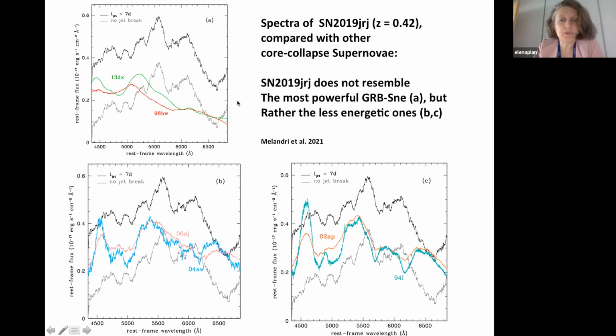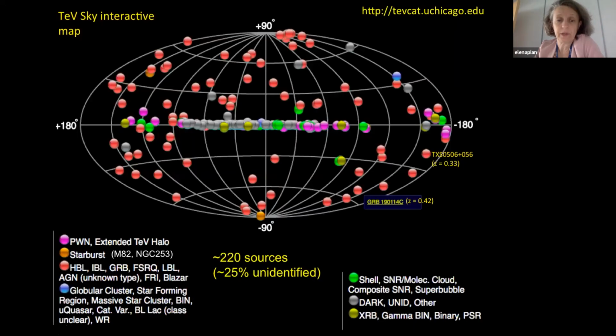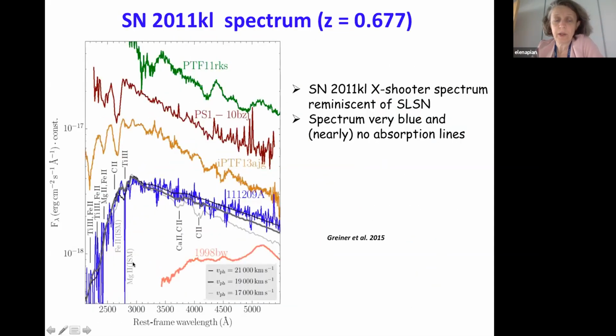2011KL could also be a tidal disruption event, misidentified as a supernova. Can I answer? Yes. Okay, so I would say the spectrum is quite revealing. The blue here, the spectrum is a supernova spectrum. Anyway, it's similar to superluminous supernovae. One can discuss in better detail, but we have also identified the typical lines.